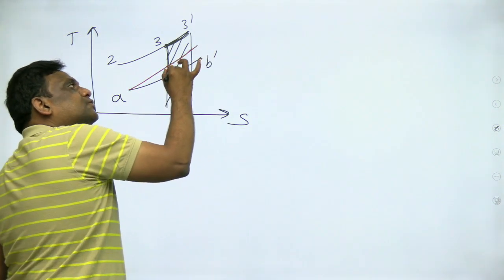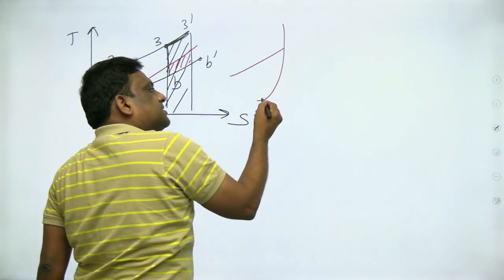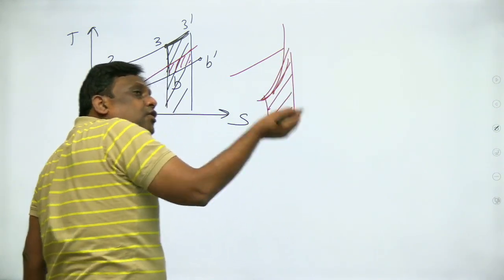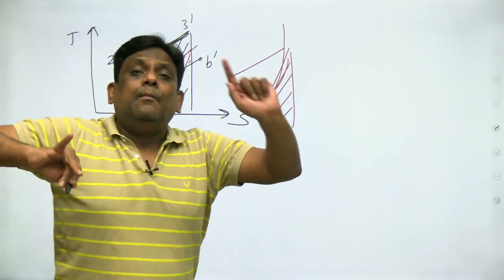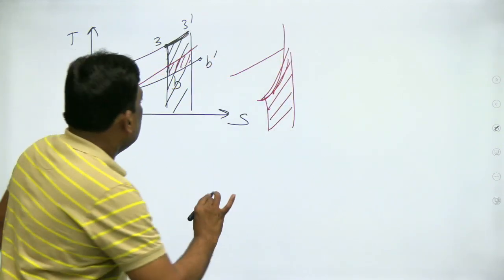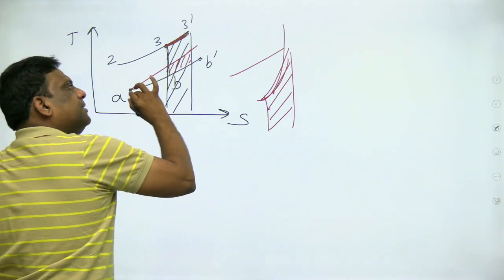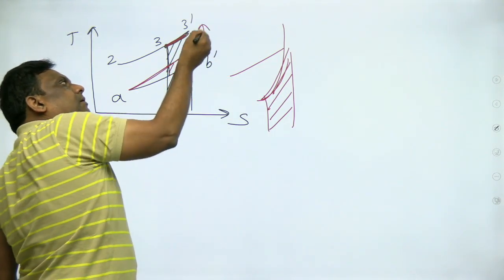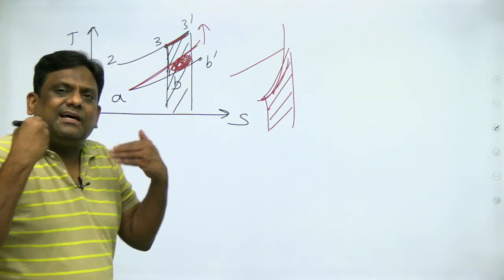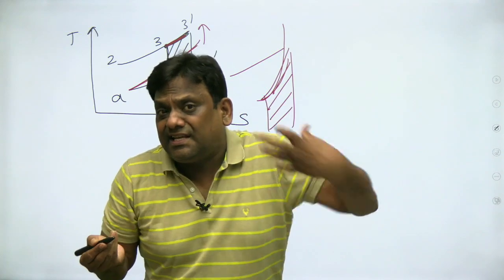So this much is extra, as the slope of constant volume is more and the slope of constant pressure is less. When the slope of constant volume is more, the area under constant volume will be more. But heat is rejected at constant volume, which means heat rejection is dominating compared to heat supply. I repeat, please note that the constant pressure heat supply is like this, and constant volume goes above it. This is moving up, so more slope means you are getting more heat rejection. So if I increase the cutoff ratio, both heat supply and heat rejection are increasing, but heat rejection is dominating.